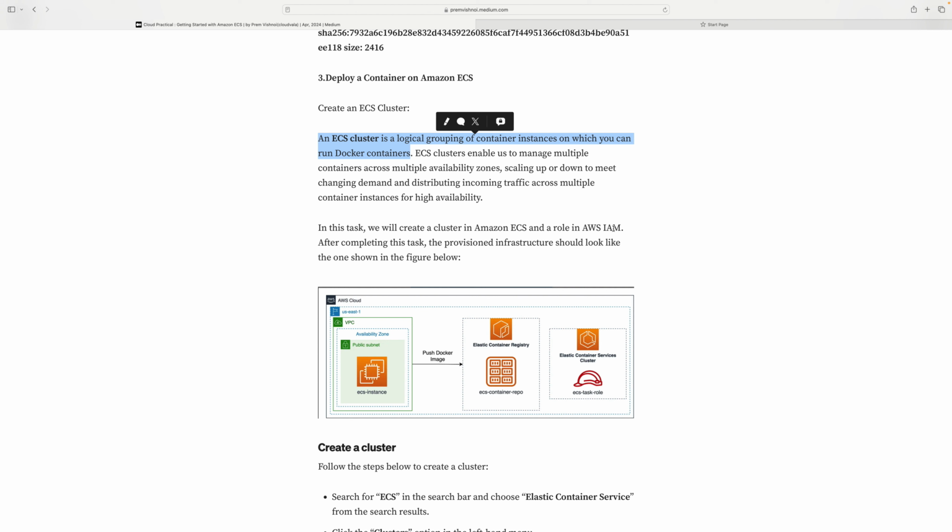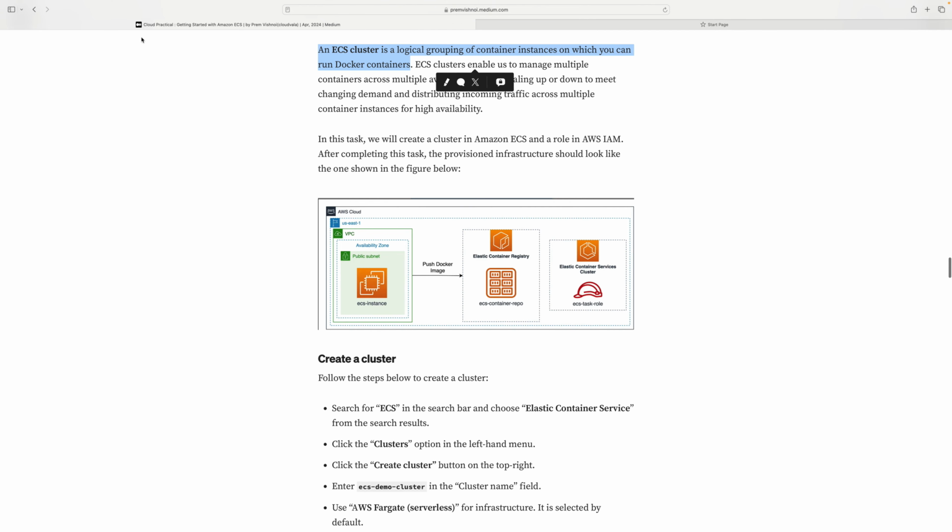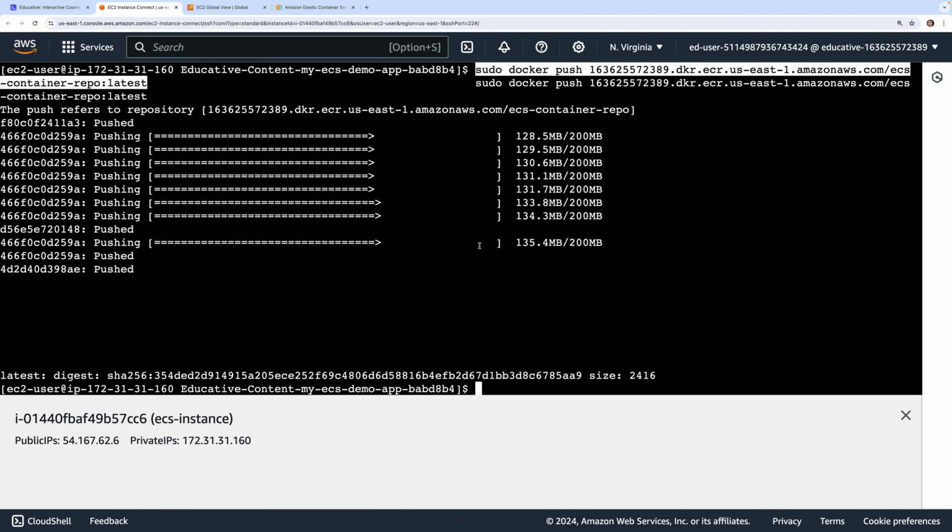and the role in AWS IAM. After completing this task, the infrastructure should look like the one shown in the figure. So after we create it, it looks like this. Right, let's check what happened. So this is what we need to copy, the latest digest,